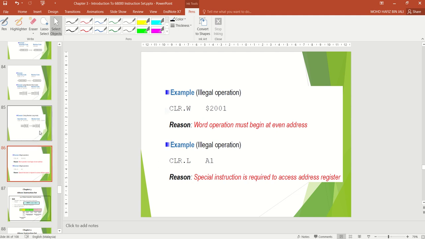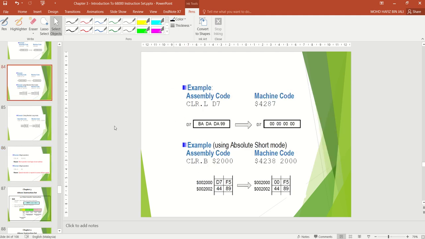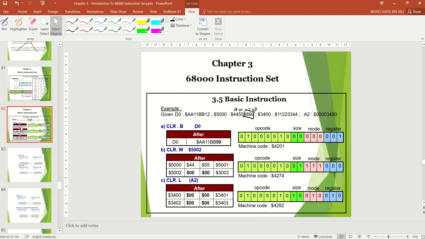Okay, please bear in mind that the clear instruction cannot be applied to an address register. Only for the data register, D0, or the direct address location.